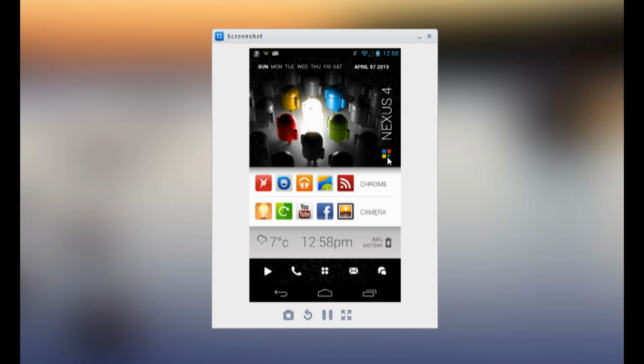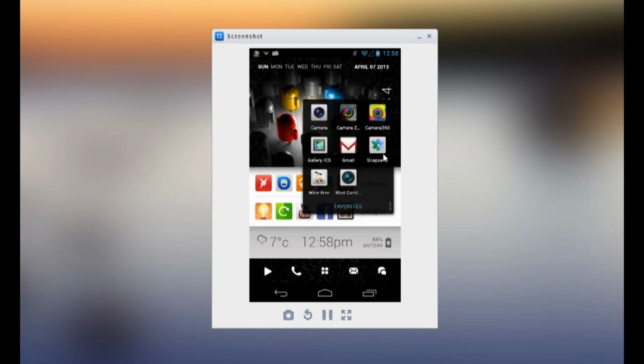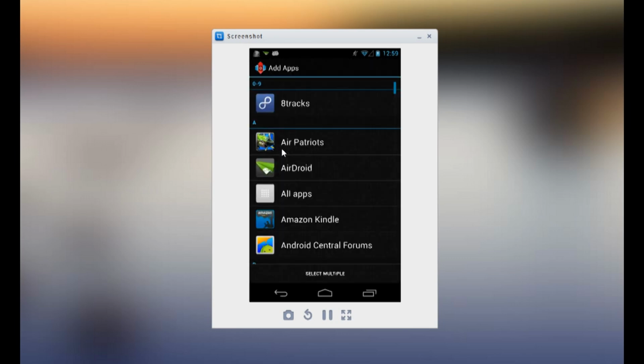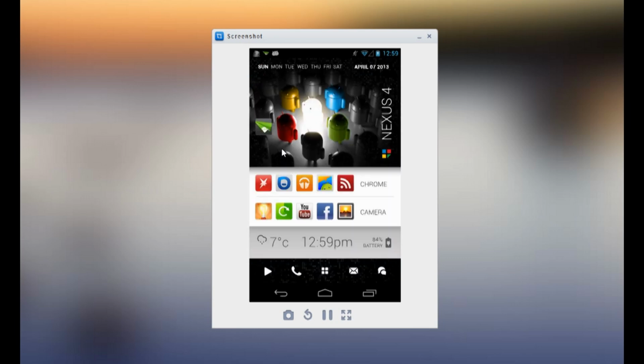So if I tap on the little icon here, I've set up a folder to allow me to pick my different kind of cameras, my galleries, Gmail, all these different things that I'm using. So you can go ahead and do that very simply just by creating a folder of apps. And if I just go in and hold that and go apps, I can go ahead and select a few different apps and